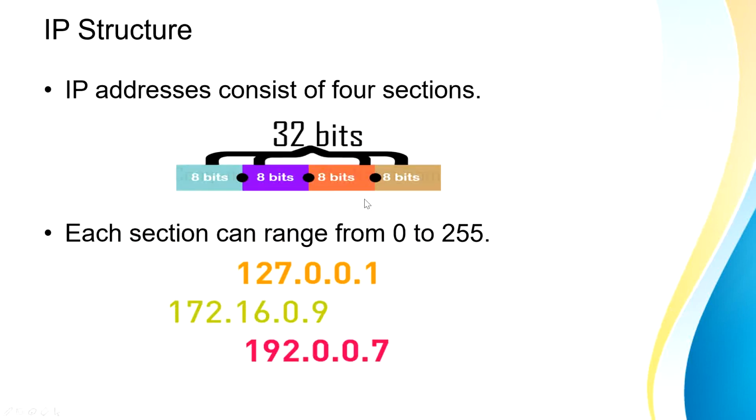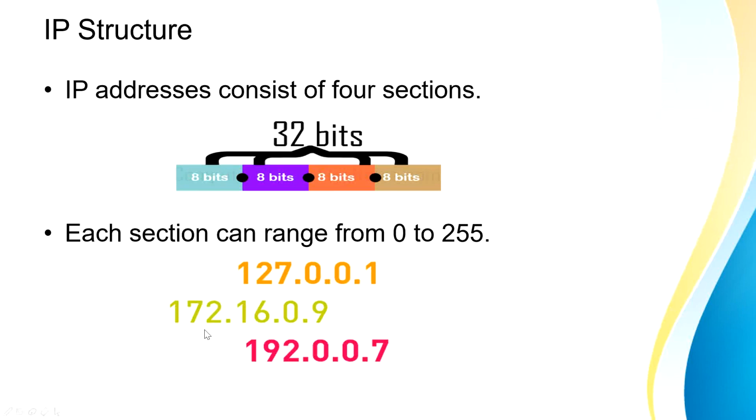Now every IP, like we have seen, has 32 bits or 4 bytes, where each byte is of 8 bits, and हर एक 8 bit का एक range होता है. So every section of an IP address is going to have a range from 0 to 255. So in the first part, you can see here I have written 127. So 127 is in the range of 0 to 255. .0. So 0 again is in the range of 0 to 255. 192.0.1. So all these 4 numbers must always be in the range of 0 to 255.